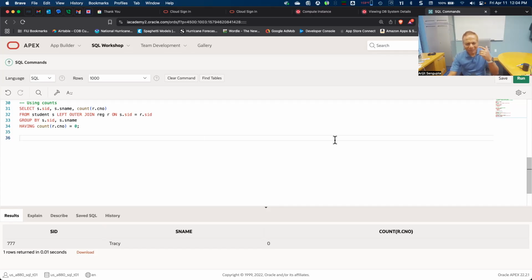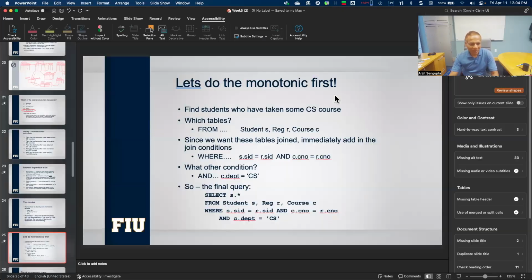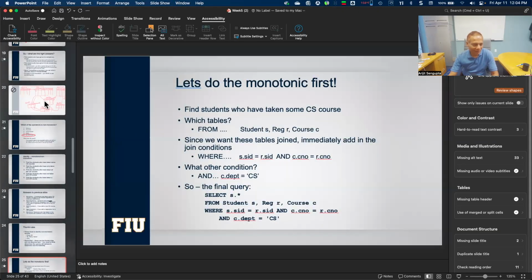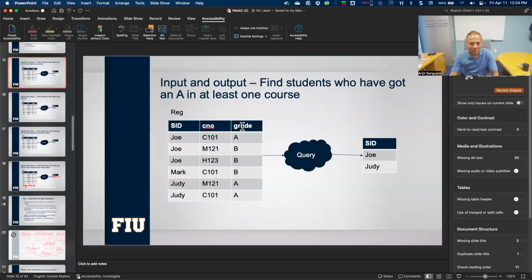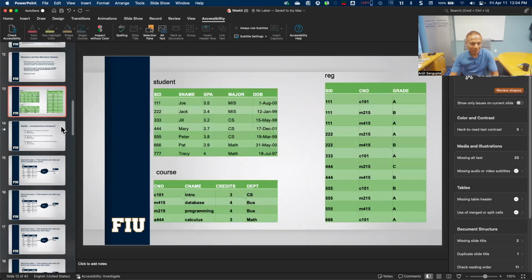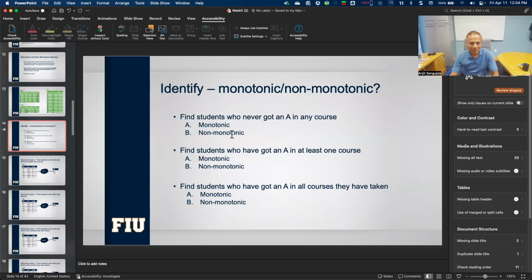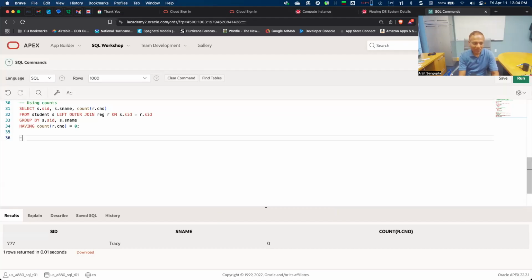All right, so let's do a little more complicated queries. For example, some of the ones that were in the deck. Let's take a look at students who got an A in at least one course. That's a monotonic query, right? So let's say students who got an A in a course. Okay. So this one, as I said, is monotonic,